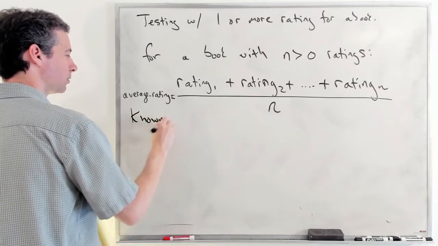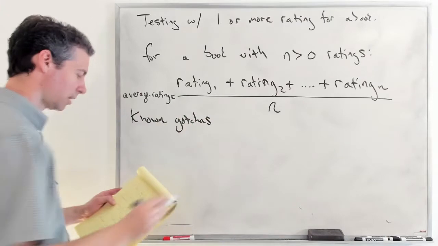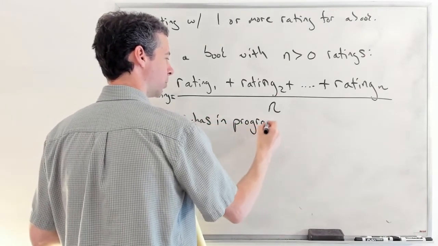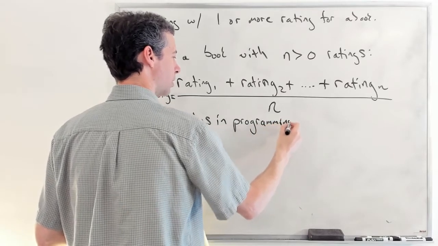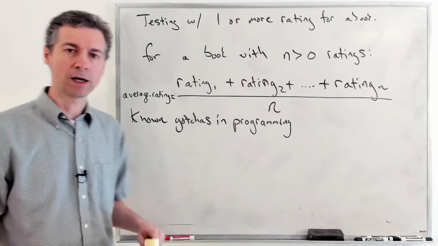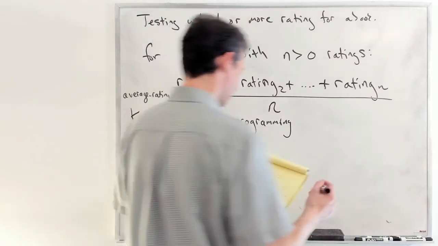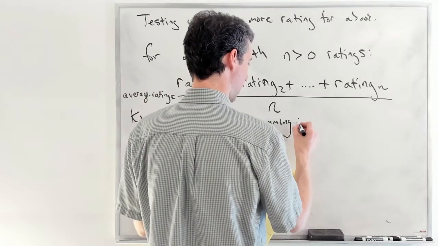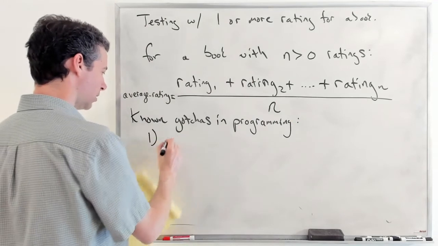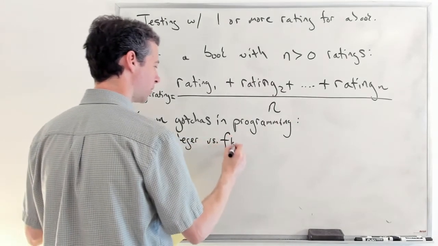Now you either know this from your fundamental knowledge of the way computer programming works, or you've gained this from experience dealing with making mistakes. So there's a combination of them, but there are these 2 gotchas that we should be aware of when we do this. The first one is integer versus floating point